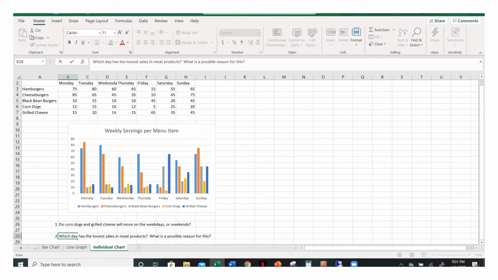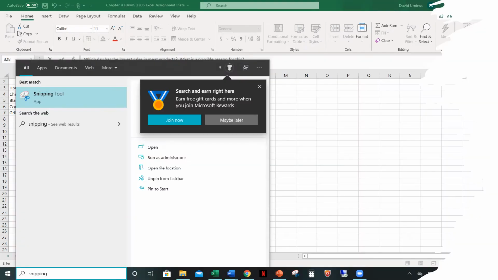Now you'll notice on the bottom here, I actually have the snipping tool on my toolbar down at the bottom of my screen. I have pinned it there, but if you do not have that already there, you can actually search for it. So you'll notice down here I searched for the word snipping and snipping tool came up. So when I click on that snipping tool,